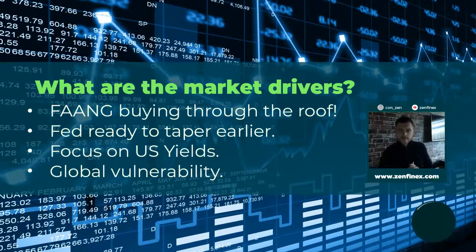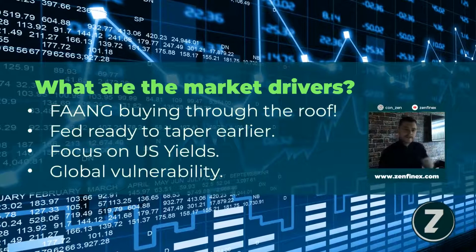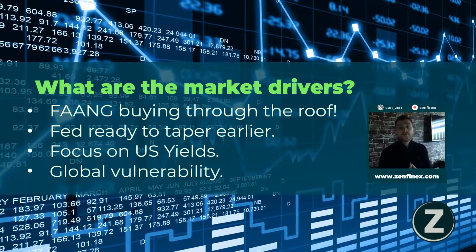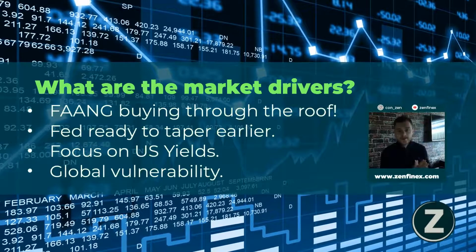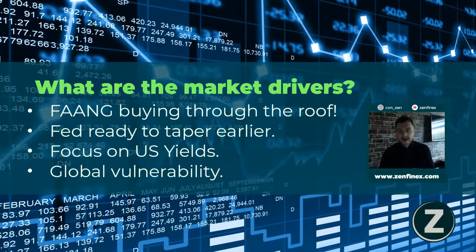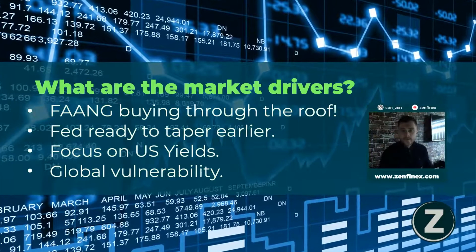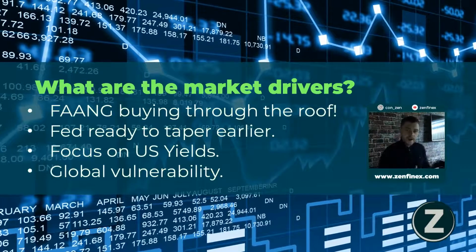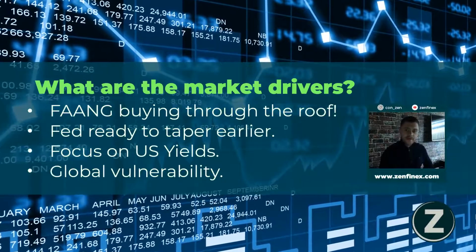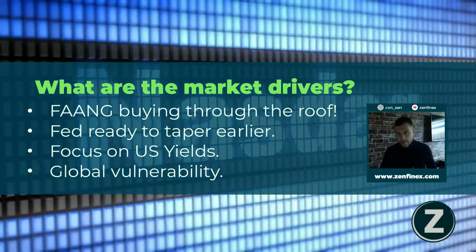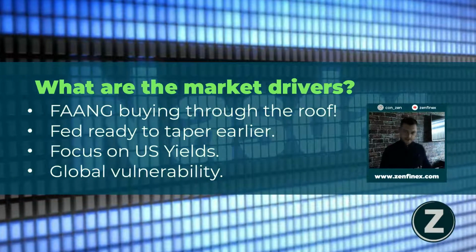So what have been the drivers in the market at the moment? FANG is an acronym referring to stocks of the 5 most popular and best performing American technology firms which we see in the Nasdaq: Facebook, Amazon, Apple, Netflix and Alphabet, which is formerly known as Google. Now last Friday was the biggest volume day in FANG options that we have seen for many months, and the size of Apple buying right now really is off the charts.